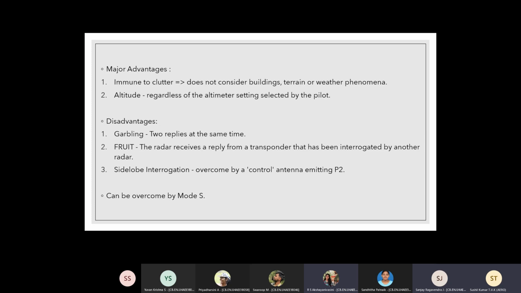So maybe we can increase the number of antennas so that they don't cross path often. Increase the number of antennas, how? Like we can have two antennas which will rotate. No, that doesn't solve the problem. First of all, it is a very expensive proposition. And it really doesn't solve the problem. Both antennas will get confused, because the problem is coming from the aircraft, not from the ground station.